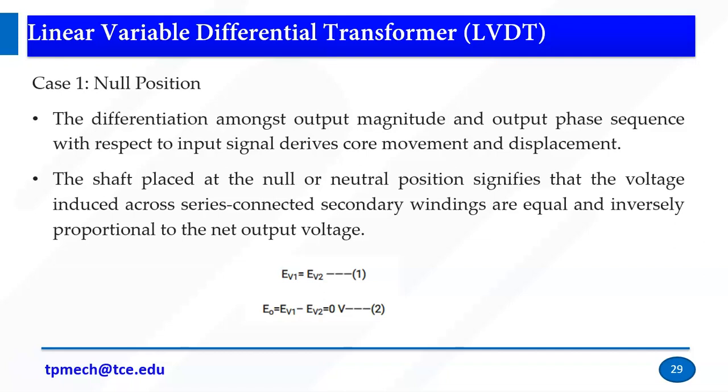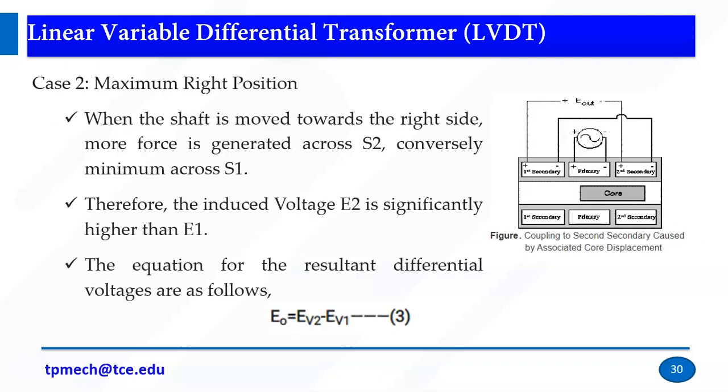The difference between these two is a 0. So what happens is I can easily ensure that the object is at the center. Right, so if the core is in the right position, the image shows it. In the secondary winding the voltage will be very high, so EV2 minus EV1. If the secondary voltage increases, I can understand that, okay, for example, assume